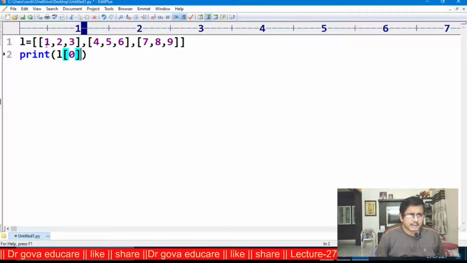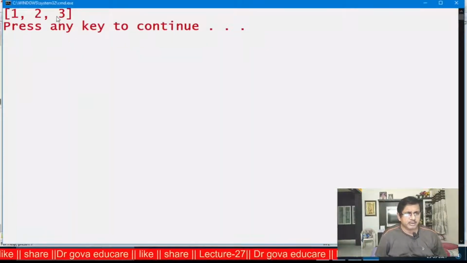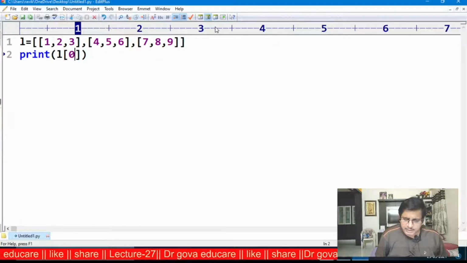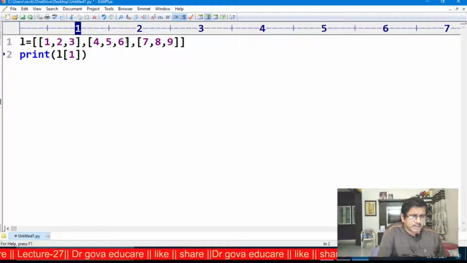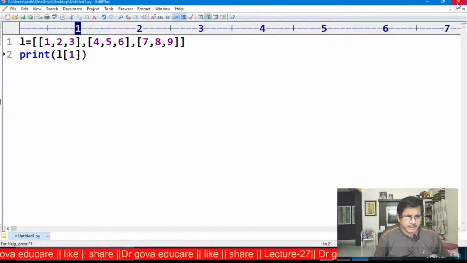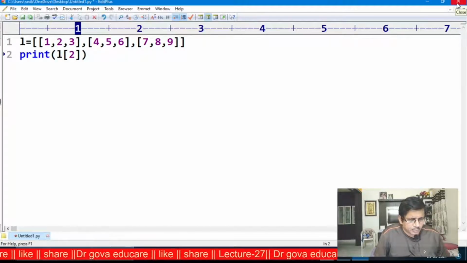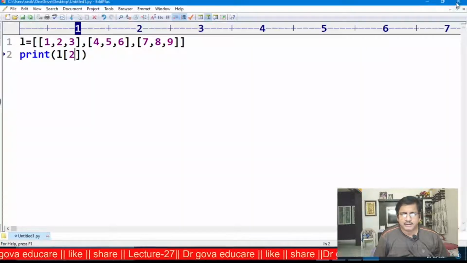Observe, L of 0 is 1, 2, 3. This list will be displayed on the screen. Similarly, L of 1, 4, 5, 6 will be displayed on the screen. Similarly, L of 2, 7, 8, 9 will be displayed on the screen.